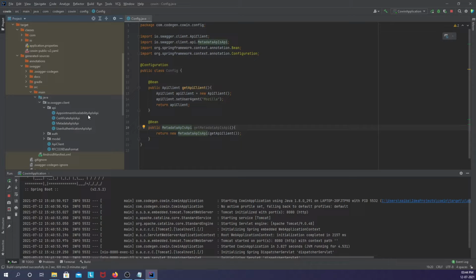And once we get the documentation for these APIs through Swagger, we can generate the model classes and also the APIs and the API client classes automatically through Swagger. Once we have that, it becomes much easier for us to write the consumer logic, or build client applications to consume each of these APIs.